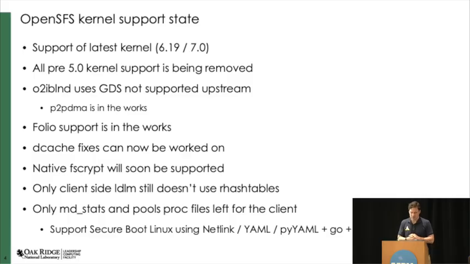Native SF script support needs to be done, and I will talk to Sean about that on Developers Day. And the other thing, if you look on the client side, is that Lustre had its own hash implementation, and the kernel uses rhash tables. There's only one thing left on the client side, and that patch is in the works. We're trying to get it to pass Oleg's setup.